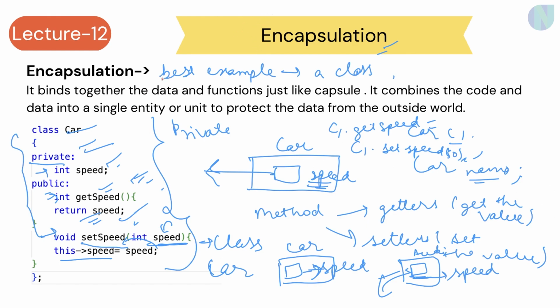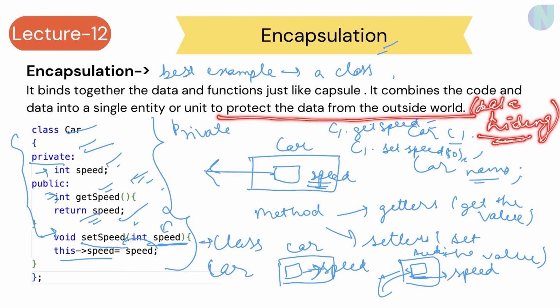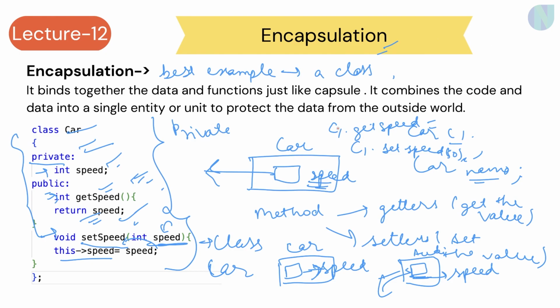I hope you got an understanding of what is encapsulation, how we can achieve it, and what is the best example for encapsulation. And it also helps to protect the data from the outside world. Sometimes we also call encapsulation data hiding. So basically when we are doing encapsulation, anyone from the outside world cannot access our class variables, and to achieve that we use encapsulation. So encapsulation is the second pillar of OOPS. In the third and fourth pillar we would be looking more in depth at polymorphism and inheritance. So this was all about this video.